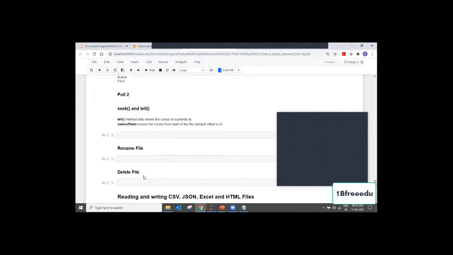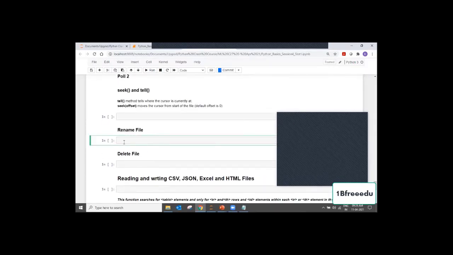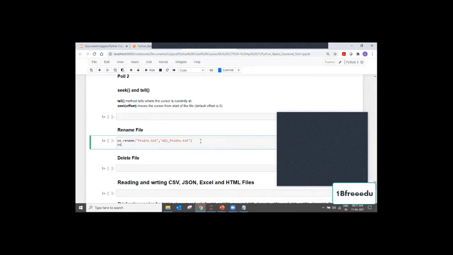I've already explained seek and tell. Let's try renaming a file, which is again very easy. We're going to use the OS library method again. So os.rename. Let's rename our fruits.txt to, let's say, allfruits.txt. You can rename the file like this. And if you say os.listdir, you're going to see the new file now,